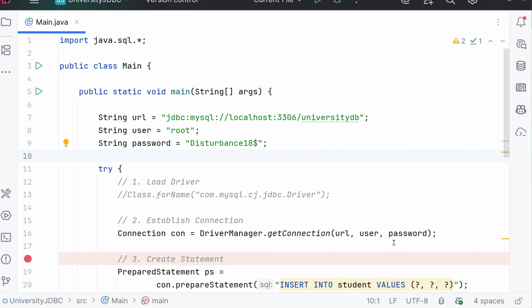String URL is equal to jdbc:mysql://localhost:3306. So this 3306 is the port number. When we install the MySQL Community Server, we specify this port number. And UniversityDB is the name of the database we have just created in our Workbench. Clear? So URL is Uniform Resource Locator, or simply you can say it is the location of the database